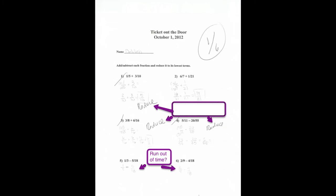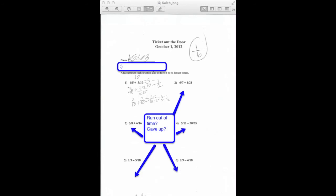For Delilah, she got 1 correct. Her math was right, but she did not reduce. Number 2, she got correct. Number 3, she got correct. And 4 as well, but 1, 3, and 4 she did not reduce. In 5 and 6, it looked like she was getting ready to do it, but she didn't. It looks like she did not have enough time to complete the work. As for Caleb, it's very hard to analyze this because he only did 1 problem, but he got it correct. So I'm not sure if he understands this